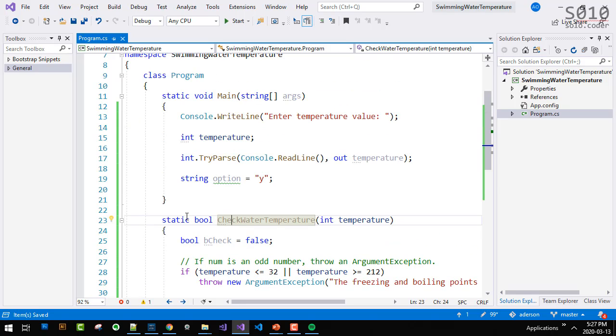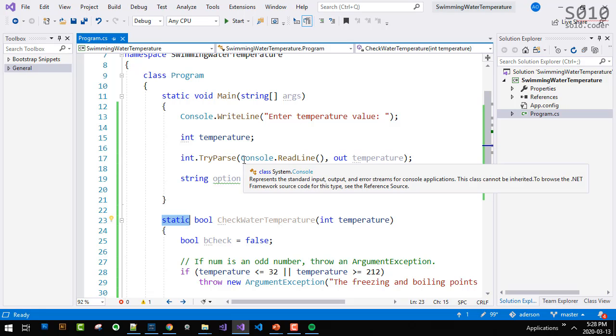One quick note, it's static because it's going to be used inside main, which is also static, okay? A static method can only call other static methods, unless you initialize an object of a class. In this case, if I get rid of static and try to use it inside of here, we won't be able to do that.